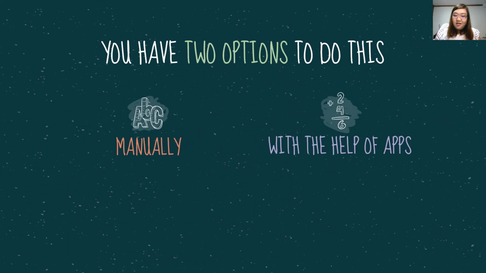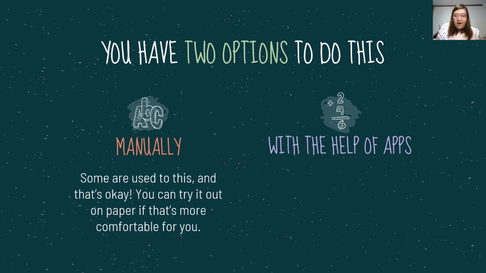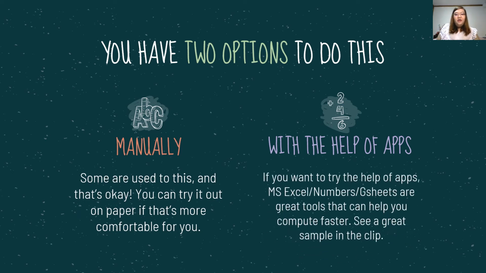There are two ways that you can do this. First, you can do it manually, with pen and paper. You can draw the table, or you can do it per ingredient, or you can do it with the help of apps. If you want to try a number of apps, Microsoft Excel, Google Sheets, or Numbers if you are using Apple products are great tools which can help you compute faster. Okay, so I will show you a clip on how we